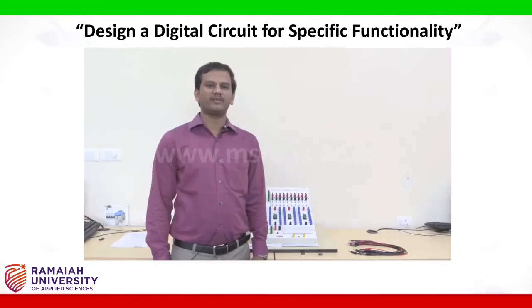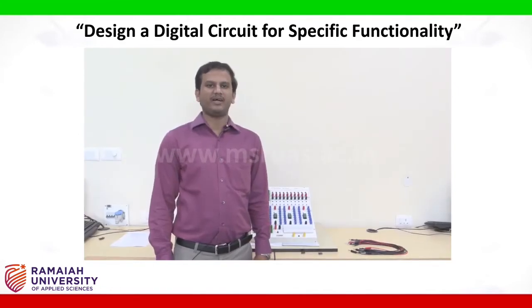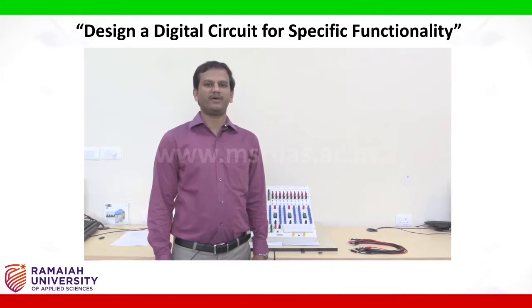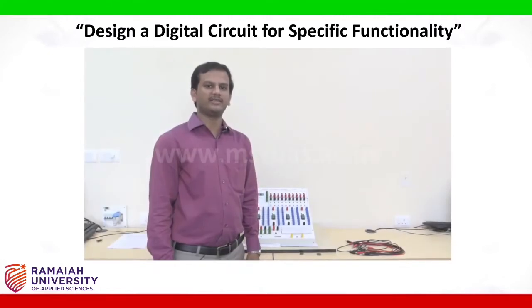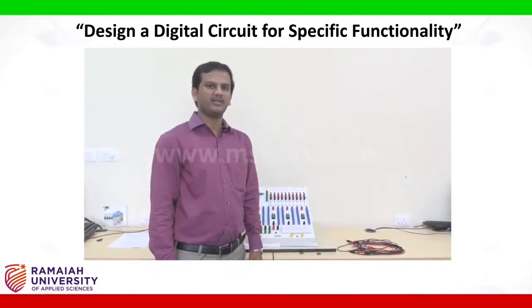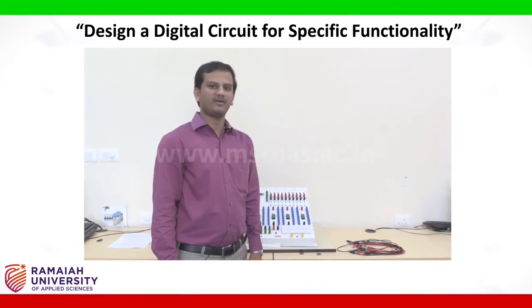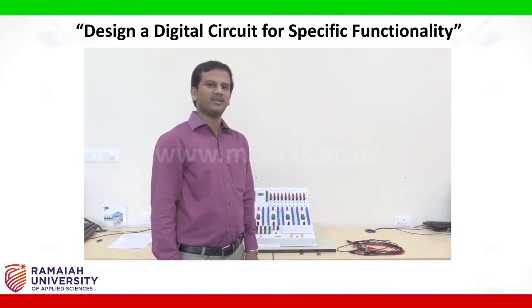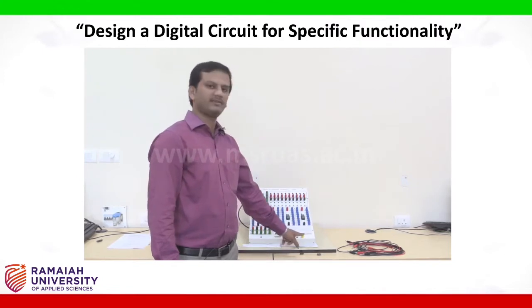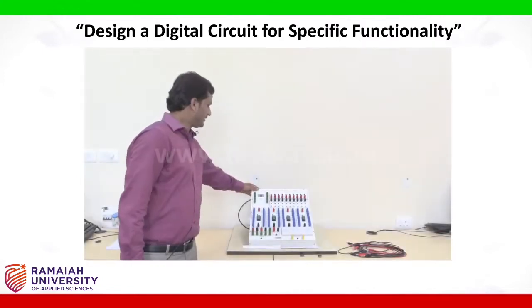The given Boolean function can be minimized using K-map, and we will get two forms, SOP form and POS form. We are going to realize both the expressions in this experiment. So before connecting the circuit, let us check the conductivity of the patch cards. In order to do that, first switch on the power supply to the trainer kit, then take the patch cards and connect the patch cards in conductivity tester. So I am turning on the power supply to the digital IC trainer kit.